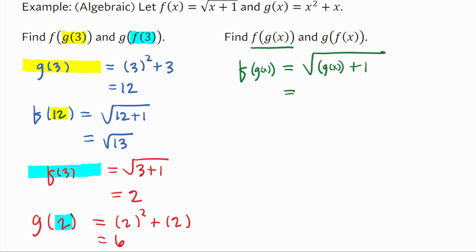I'm going to plug in g of x there. And so that's equal to the square root of g of x, which is x squared plus x, then plus 1. Right? And for g of f of x,